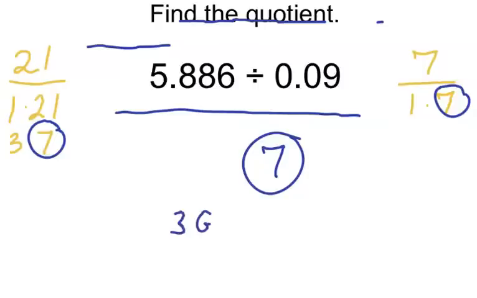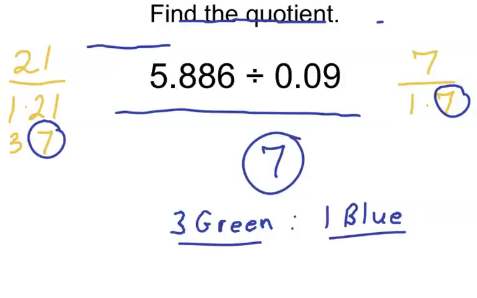Okay, and each group, because 7 goes into 21 3 times, it's going to be 3 green. And 7 goes into 7 once, so 1 blue. So you're going to have 7 groups, and each group is going to have 3 green marbles and 1 blue marble, because 7 goes into 21 3 times, 7 goes into 7 1 time. So there you go. So you're going to have 4 marbles in each group, 3 green, 1 blue,